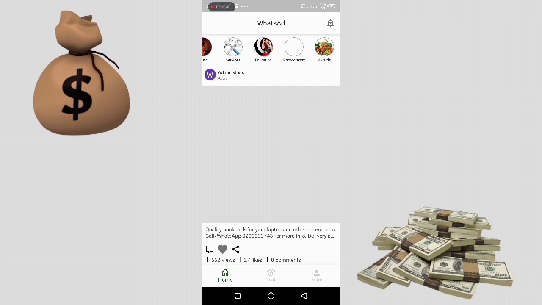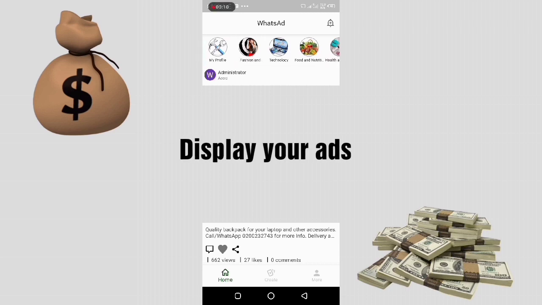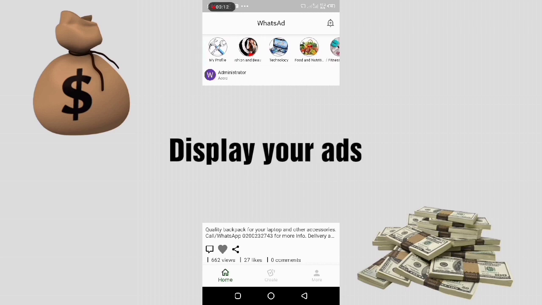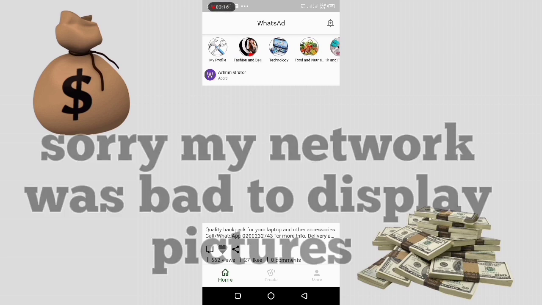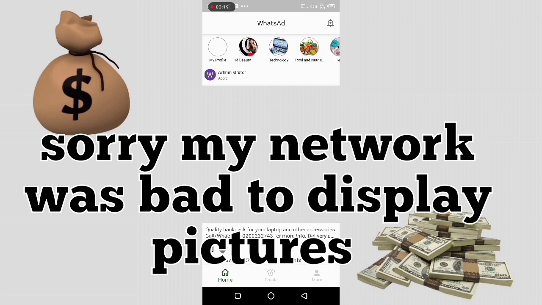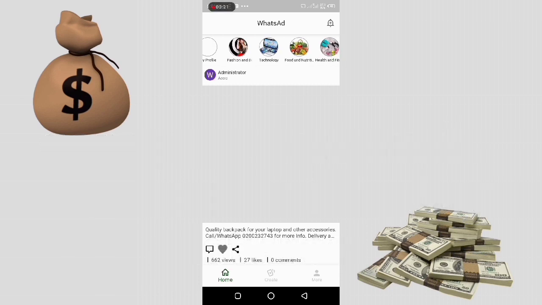Okay guys, so with WhatsApp you can display your ads, your product. Maybe you have a firm, you are into training, you have a shop, anything. So we have categories here: food, sports, cars. Maybe you want to sell your car, you're a musician and you deliver any services, you can